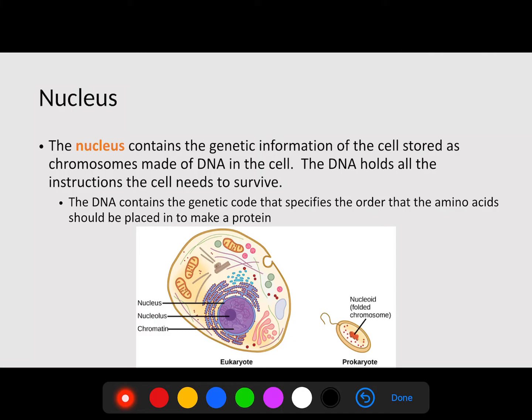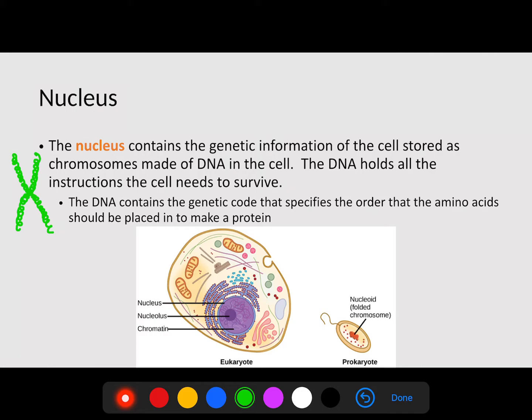When we're talking about a chromosome, we're looking at coiled DNA, and in our cells they look like X's. So this is a replicated chromosome. Again, one half of this is your genetic information. A lot of times you see it as this X structure. The DNA holds all of the instructions the cell needs to survive. Everything about you, all the instructions just to make saliva or to make blood, to make antibodies, everything is contained